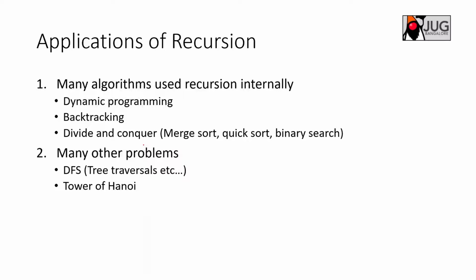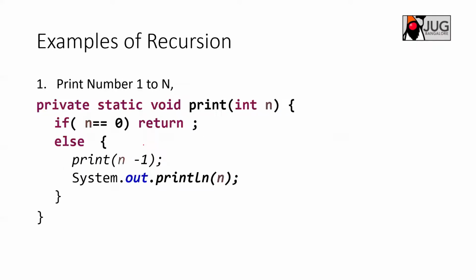If you have done the recursive code correctly, you have solved 70% of the problem, and then in dynamic programming or backtracking, you need to know how the logic is to be applied to solve the remaining 30% of the problem. So recursion is very important, and we'll see today a few examples of how recursion works, where to add the base condition, and what the importance of the base condition is.